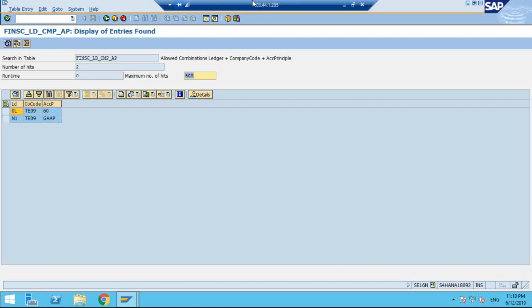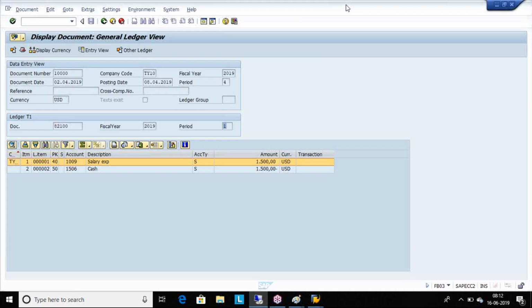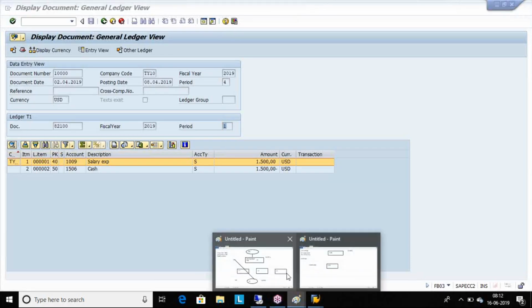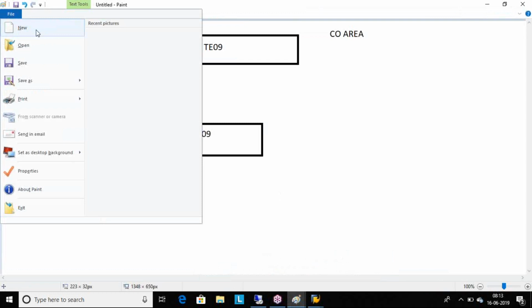What is the requirement? One requirement, which I already told you: in the non-leading ledger we have duplication of information, or duplicate documents. That is one gray area, or we can say unnecessary waste of database size. So if you need an additional ledger and you go for a non-leading ledger, then multiple documents will be there. The other reason could be, suppose this is your leading ledger,